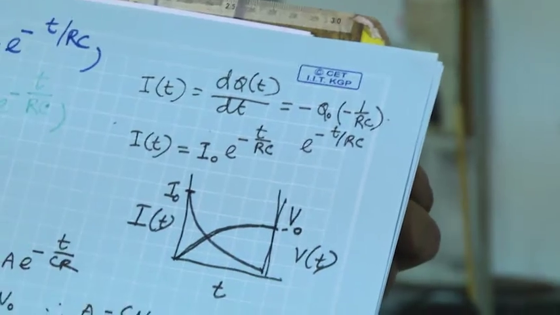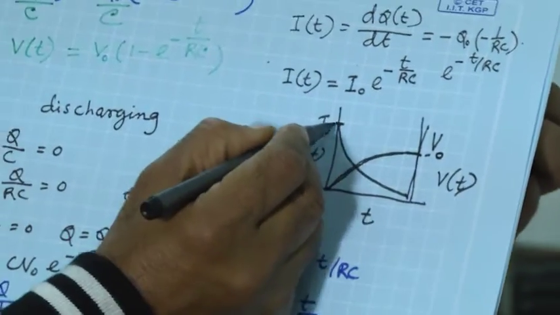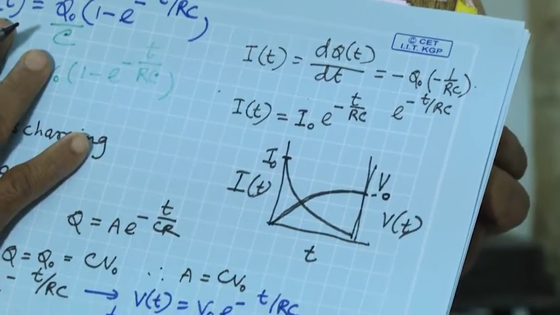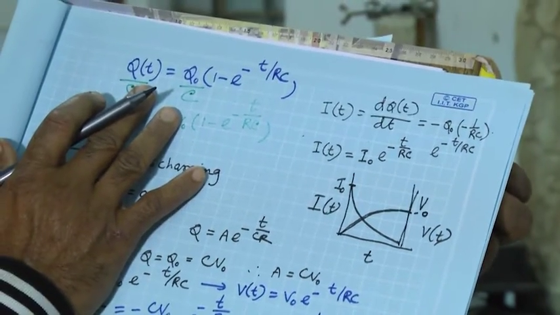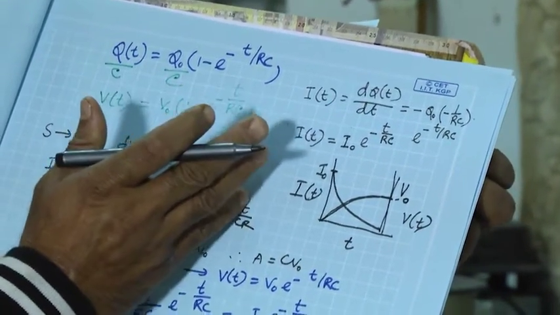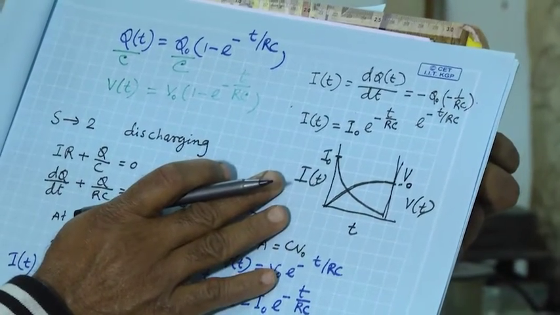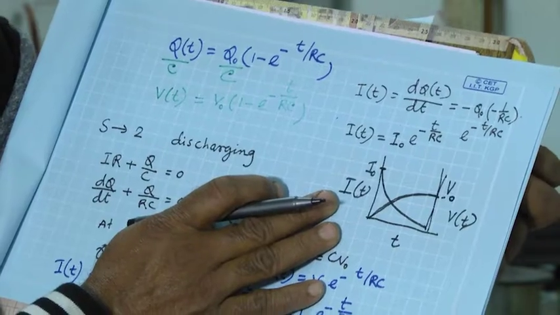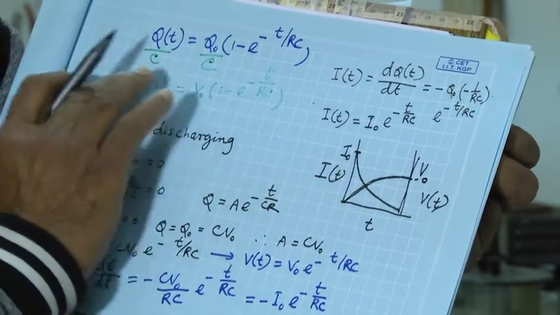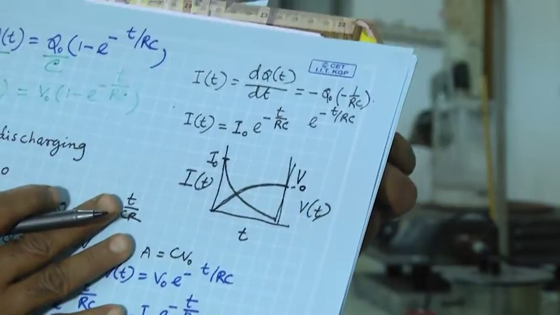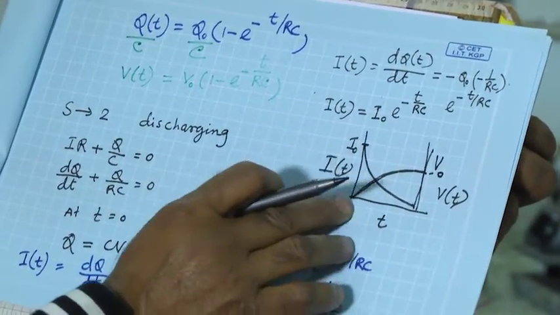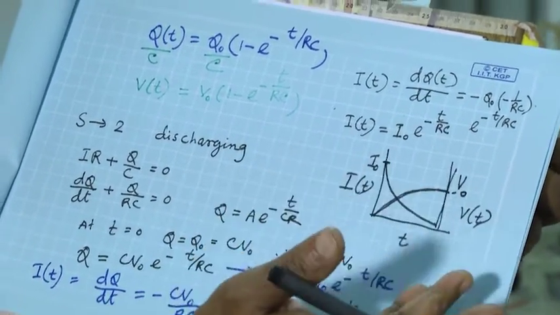Now, here it is a decreasing current or voltage or charge. Measuring charge is more difficult than measuring voltage and current, so that is why I am not plotting the charge. But in principle, if you have this plot you can find out the variation of charge,